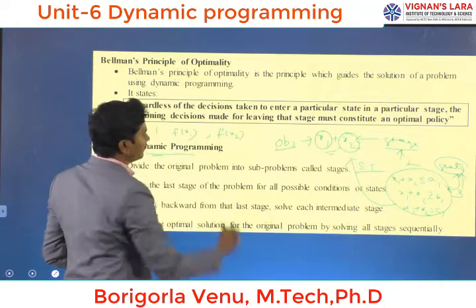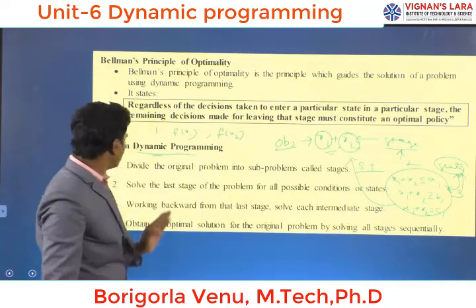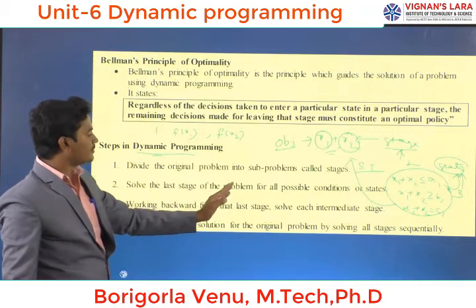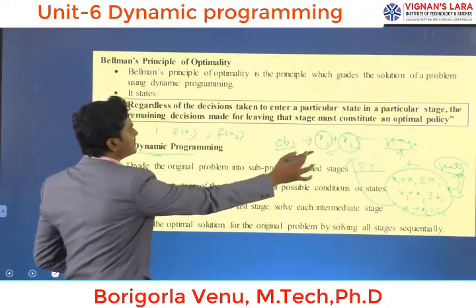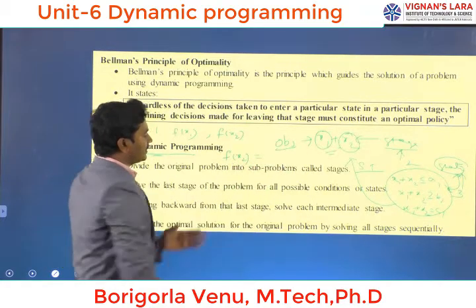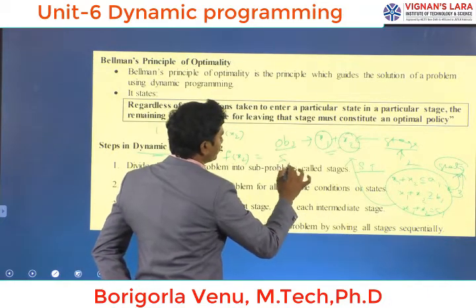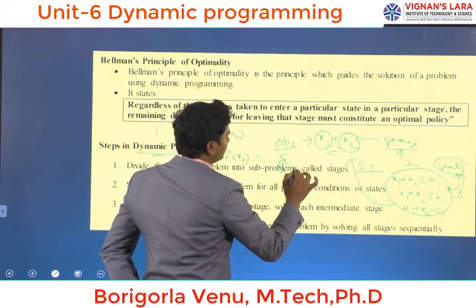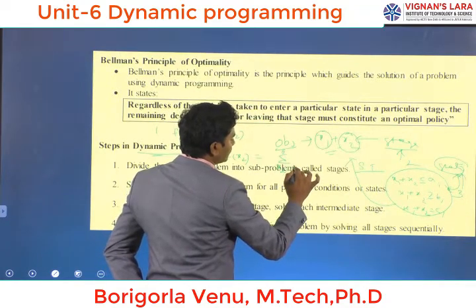Like that we are going to convert. Here we are going to convert this problem into the sub problems. Then solve the last stage of the problem for all possible conditions or states. Based on these constraints, we are going to calculate the f of x2. Here f of x2 is equal to the sum of x2 is equal to